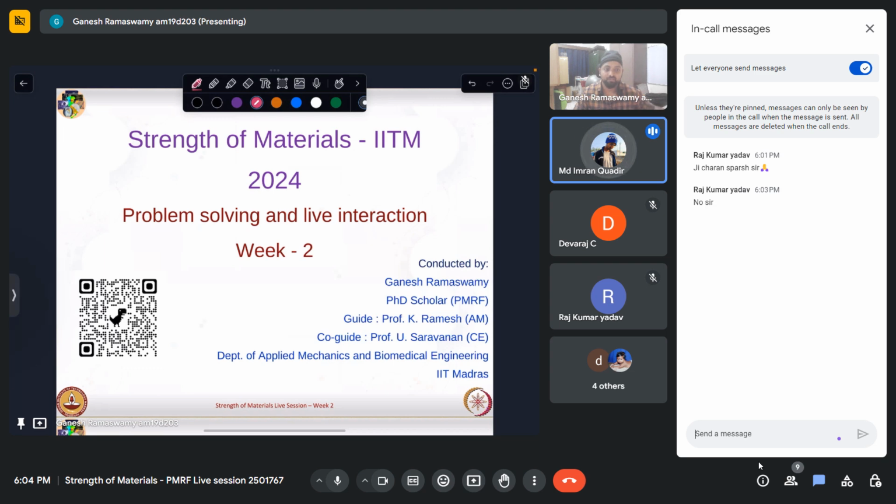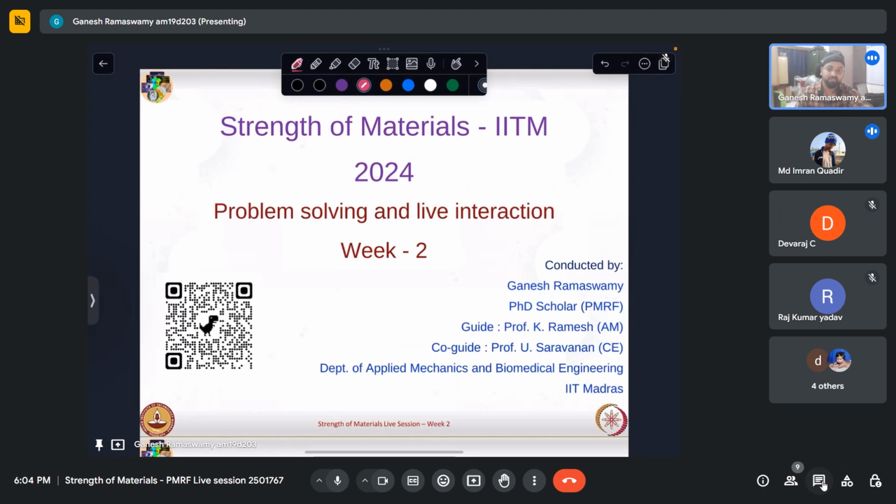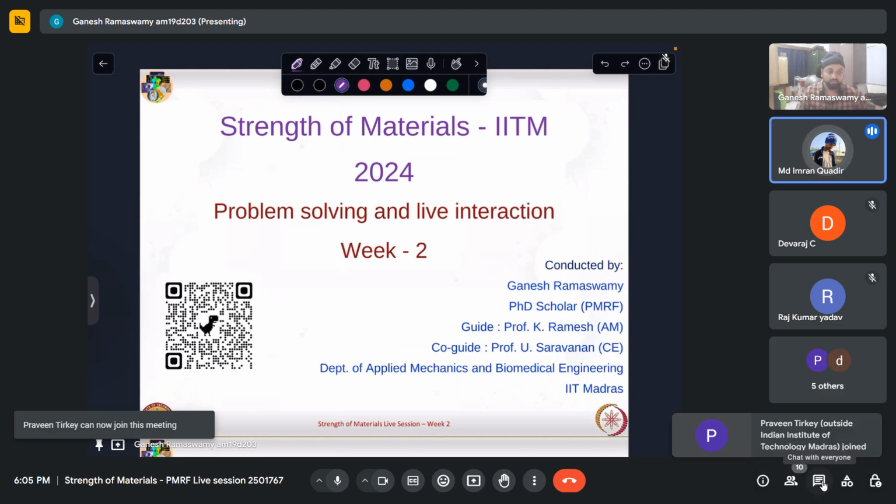Sir, can you provide me my email ID? For the previous session videos, you can log on to the Swayam portal and see them from there. On the screen where I'm presenting, on the left side you see this QR code, right? Scan the QR code on the left. It will take you to a YouTube channel where the video is uploaded for week 1. Okay, great. Thank you, sir.